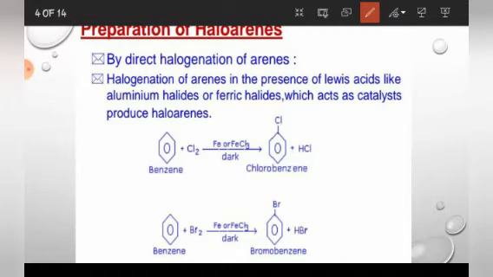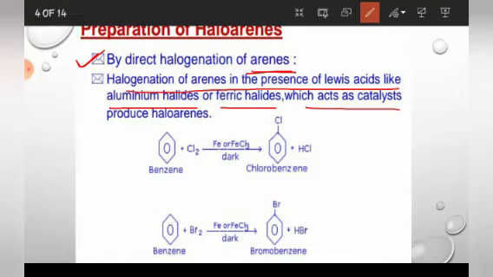What does arene mean? Benzene. So the first method is by direct halogenation of benzene. This method is not given in your NCERT book, but you have studied this in class 11th. See, halogenation of arenes in the presence of Lewis acids like aluminium halides or ferric halides, which act as catalysts,